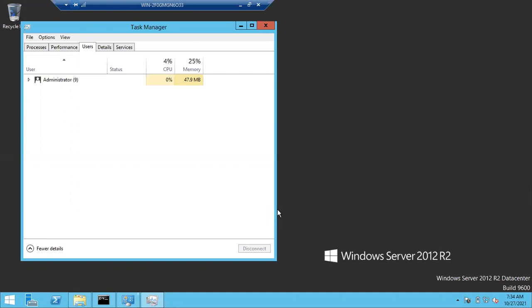Now Girija is trying to connect to the server remotely. Girija will get a pop-up: Dev and Anis are both connected to the server, which connection do you want me to kill? If she selects Dev, Dev's connection will be killed and Girija will enter the server. If Girija selects Anis, Anis's connection will be killed and Anis will be disconnected, and Girija will be connected to the server. Clear, guys?